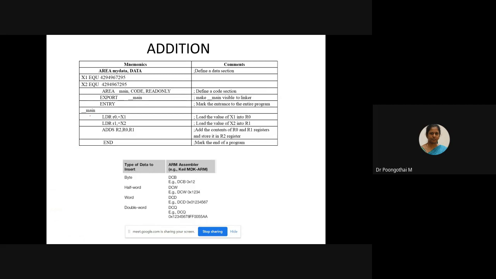Next I will explain how to get the inputs from the data section. In this code, we have 2 sections: one is the data section and the other one is the code section.